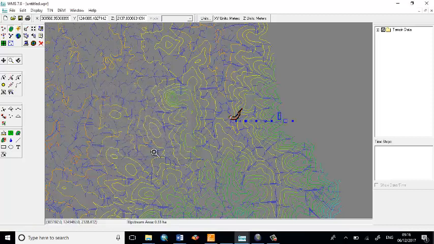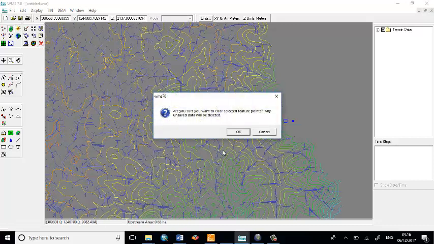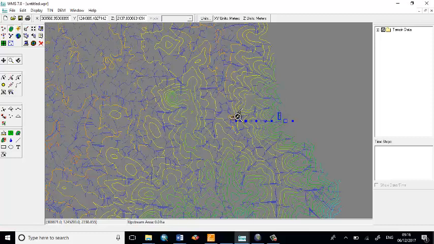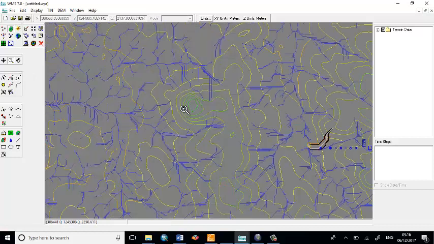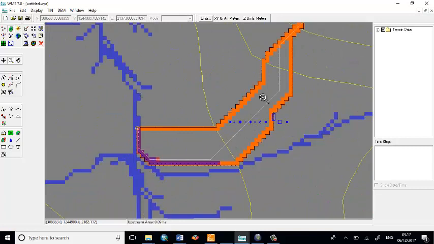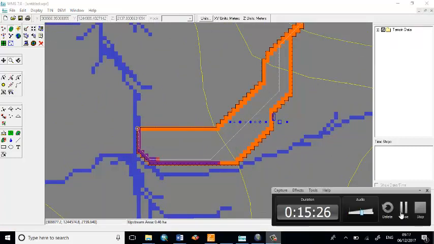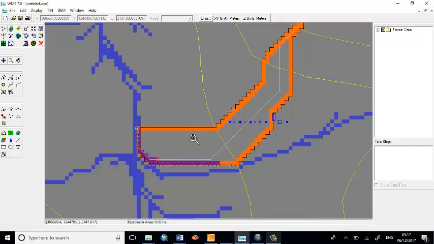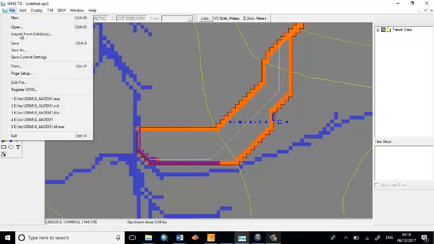Now you see it has created the TC coverage. When you say delete, okay, it will show you the TC line. Have you seen this? Let me maximize it. Here is the TC line, time of concentration line. Now you can save this file here. I don't know whether it tells you the area and the length features. I'm not sure, but to get such area and length features, you can save as,